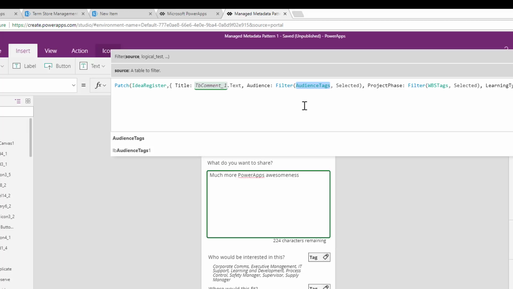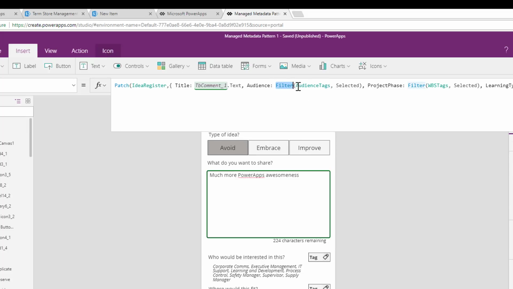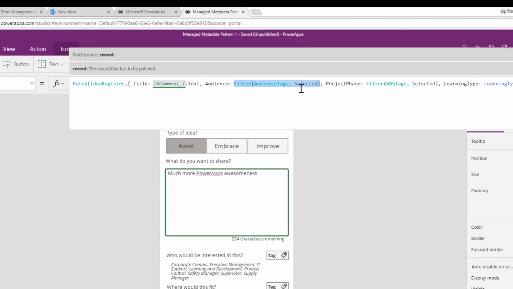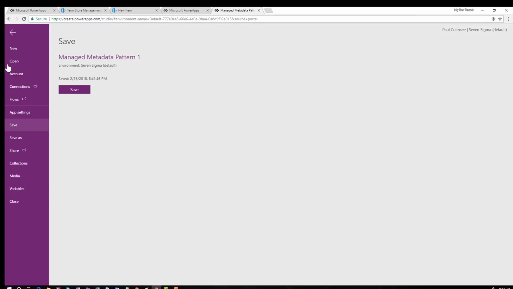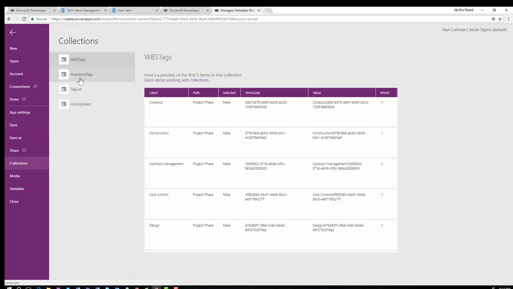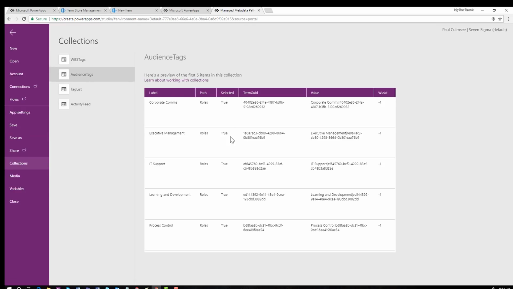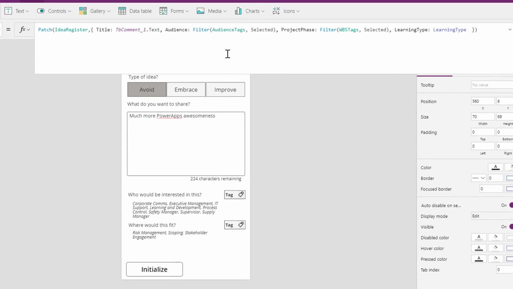So right now I am saying filter the audience tags collection and only send back the ones that are currently selected. Now here's the thing that's interesting. I actually have that extra column, if you recall, called selected. So we have a look at our collections, audience tags. There's my selected column. I'm sending this entire block of data back to PowerApps via the patch function, and PowerApps is cool with it. It just ignores columns that don't matter to it. So I'm able to say, right, just give me all of the selected audience tags. Similarly with the project phase, give me all of the selected work breakdown tags, and then learning type, get that